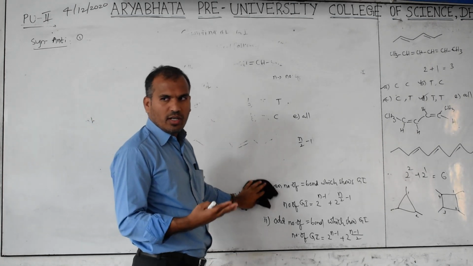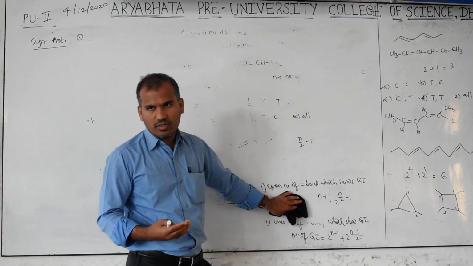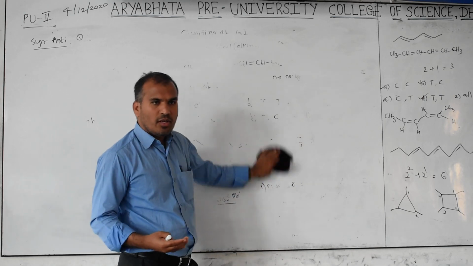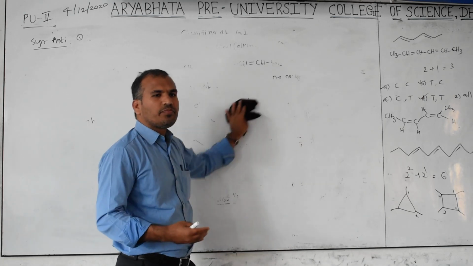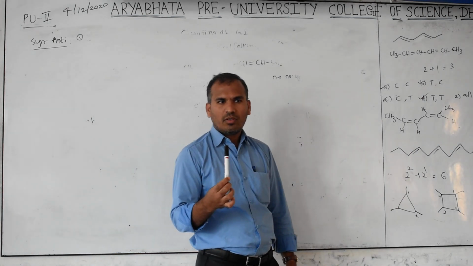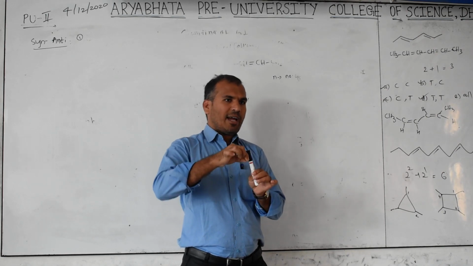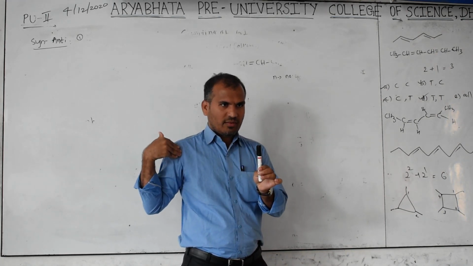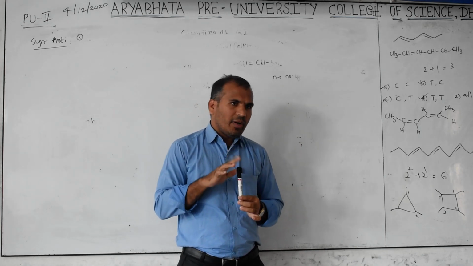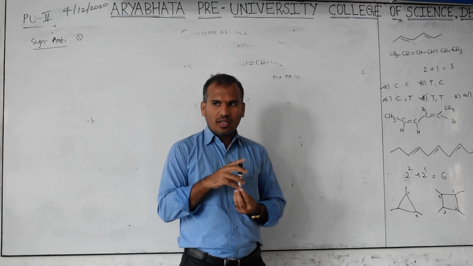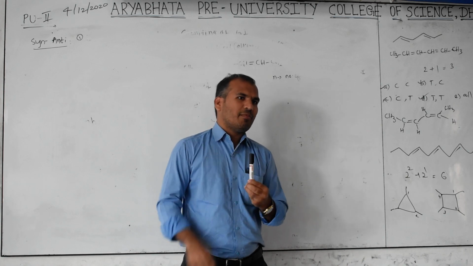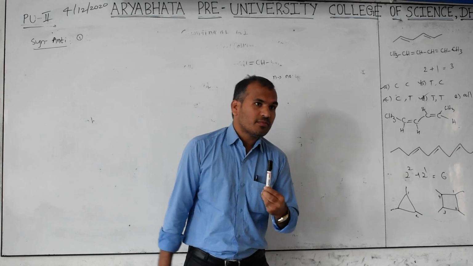The geometrical part is over. Next, optical isomers. In optical isomers, what is the necessary condition to show optical isomerism? Why do we have to discuss optical isomers? Now, this is one compound. This cap is towards the right. This is considered one medicine. If the right side is there, it is good for human beings. If the left side is there, it is bad for human beings. It may be poison also.